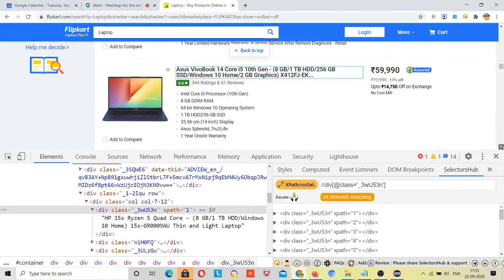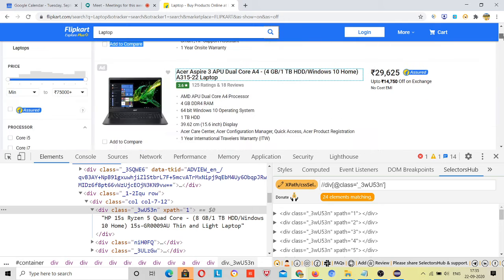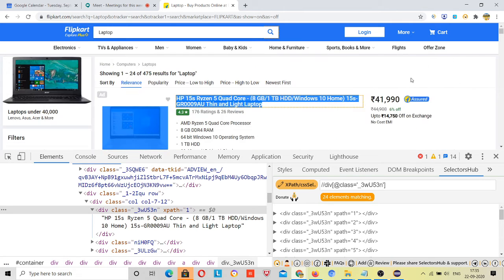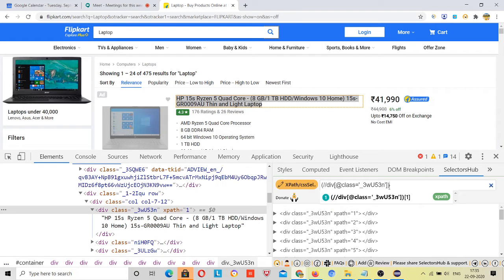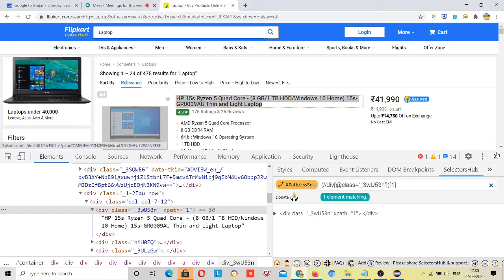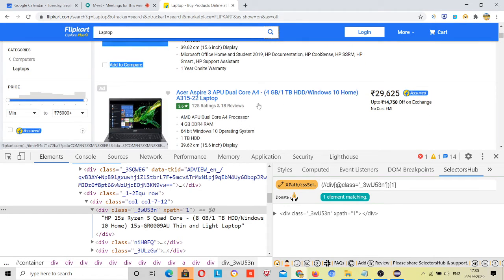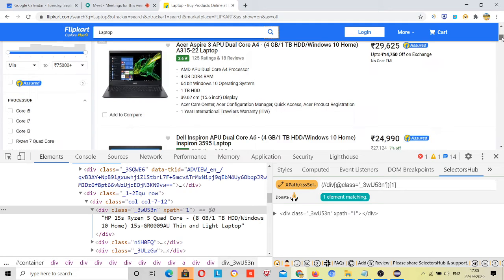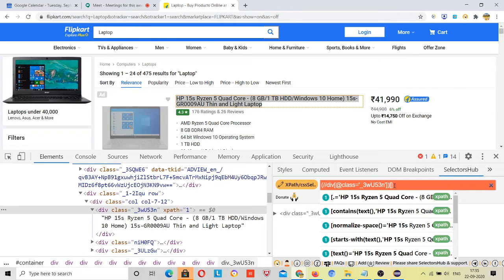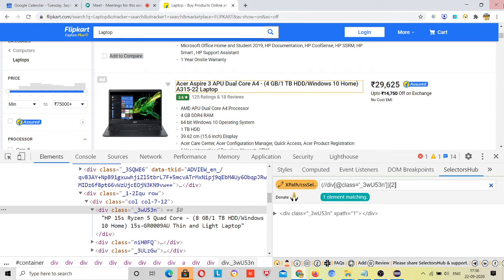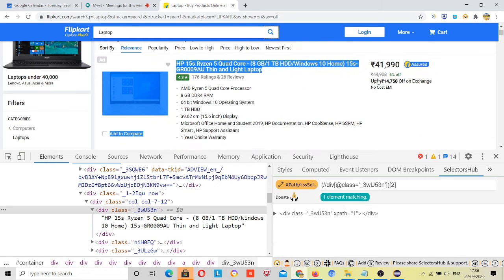If I want to locate only this first one, what can I do? I can give the index for it. If you have 20 elements and want to locate the first one, we can use an index. This is highlighted, but the second one will not be, and no other will be highlighted because we have located the first one. If I give 2 over here, then the second one will be highlighted, and the first one will not be. See, sorry, it was clicked by mistake.